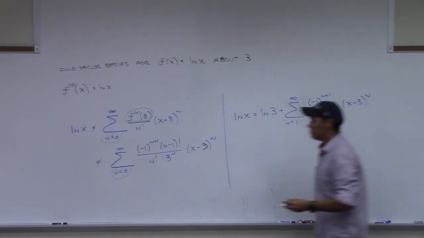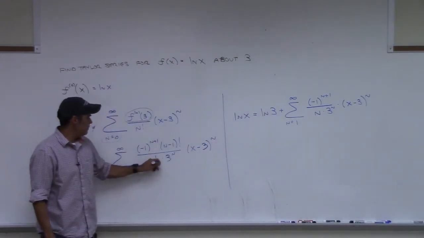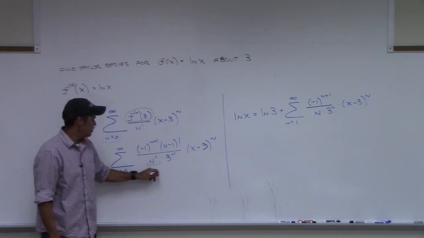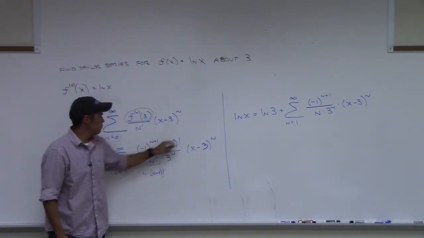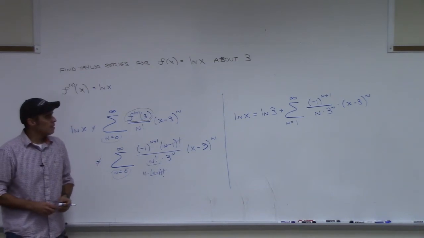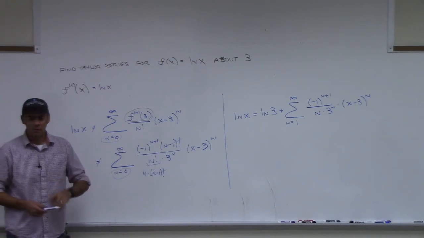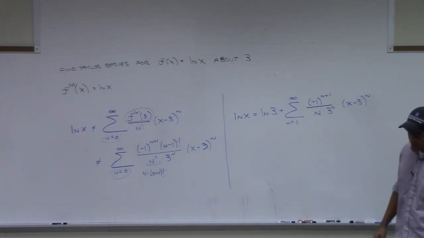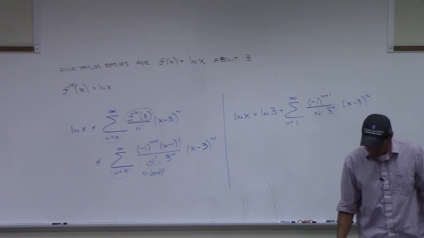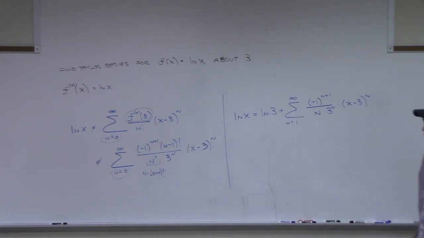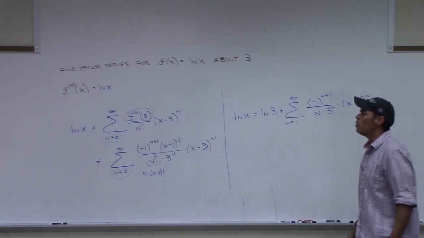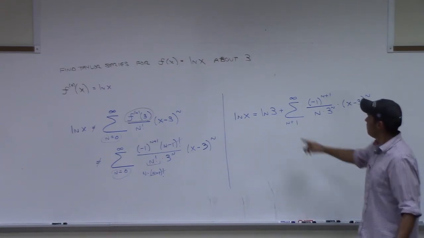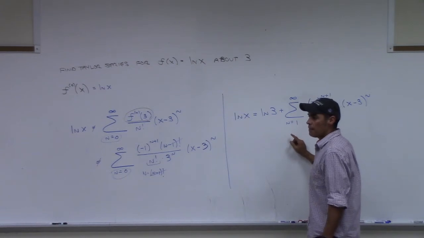Yeah, see what I do with my factorials? I rewrote this factorial how? As n times n minus 1 factorial, and then like that. This is a little bit trickier, huh? I erased that table I had, which kind of throws things off a little bit. So with natural log of 3, you only pull out that, you don't have to pull out the whole thing? So when you add that as the first term and start n at 1, you only have natural log of 3, you don't have natural log of 3 over n factorial. No, because all of that is going to be,